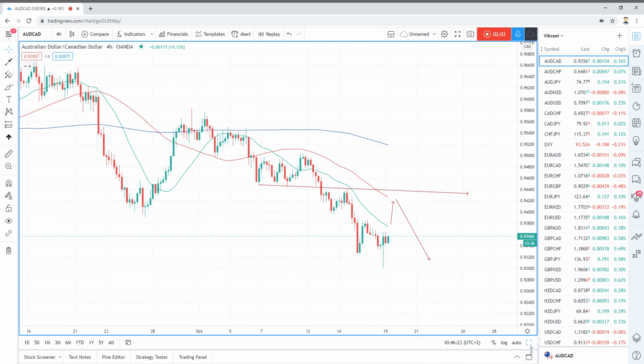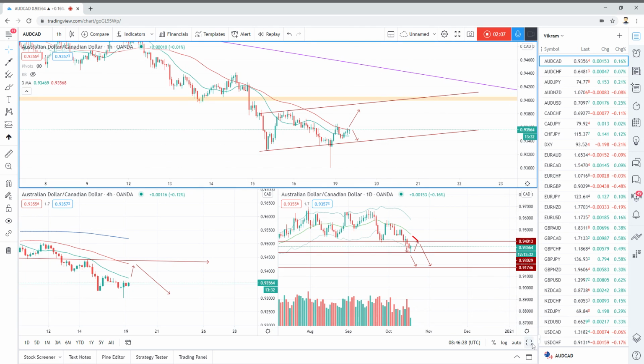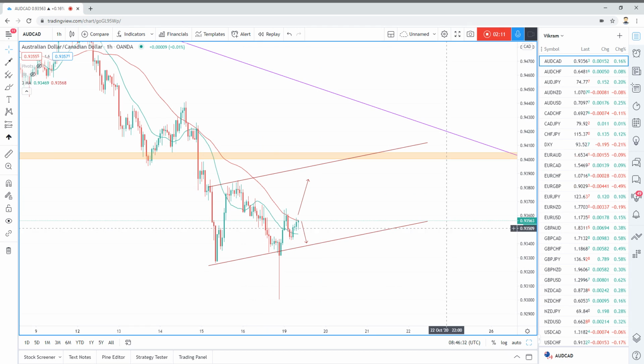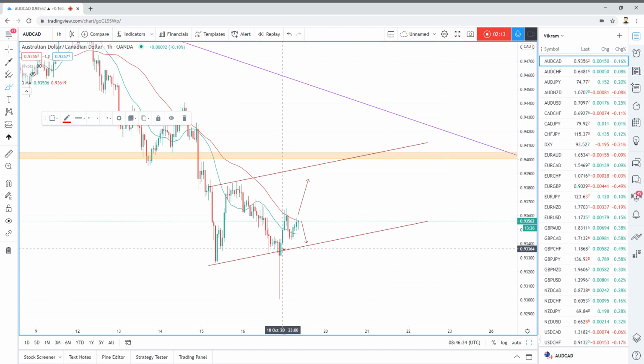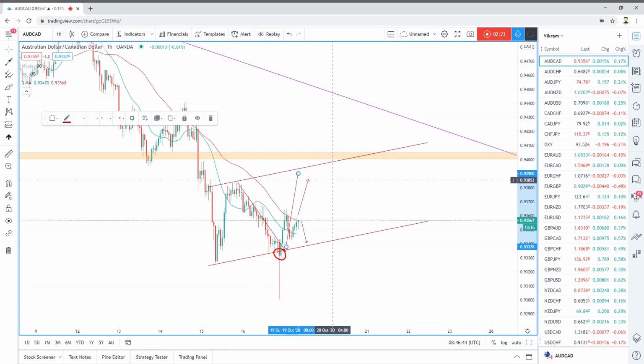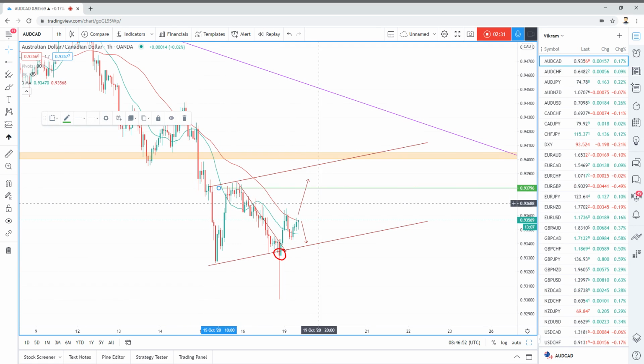Now let's move to the 1 hour chart. This is a one hour chart. In the 1 hour chart, price is moving in an ascending channel pattern. Potentially, we had a fake breakout of the channel also. So what we can expect is, since price did move lower to retest the bottom of the channel and had a fake breakout, the price can continue higher towards the top of the channel. Anyways, even if not up to the top of the channel, then at least it may move higher to retest